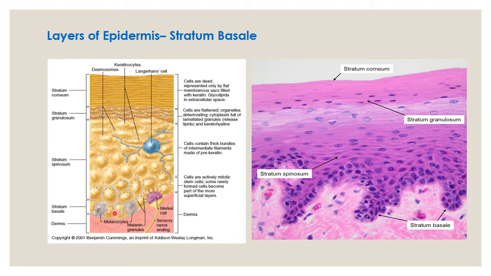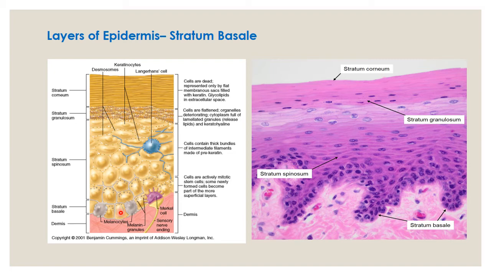The characteristic feature of the stratum basale is the mitotic activity shown by these keratinocytes, and this shows the proliferation of these stratum basale cells,